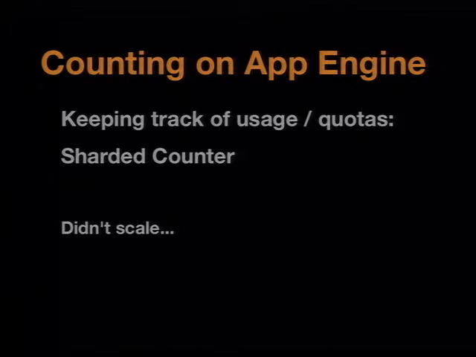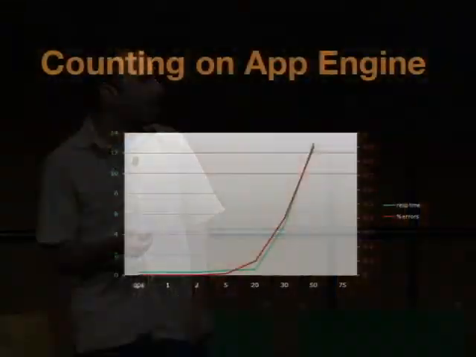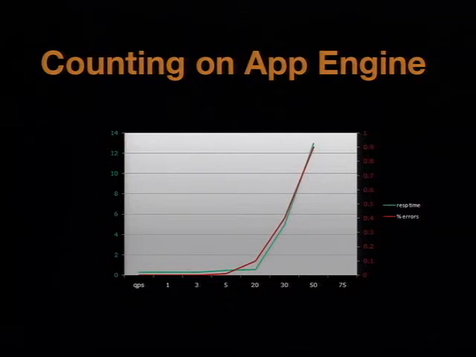You're good to go. But if that's 100 requests a second, that's a lot of shards, and you're going to really hit a lot of data store contention. So we found that these sharded counters didn't scale as well as we had hoped. And what happened in our case, this was from about 6 months ago, and things are a little bit different now: around 30, 40 queries a second, our response time started creeping up, 2, 4, 6 plus seconds, and then along with the error rates, and then all of a sudden, everything was 503s.